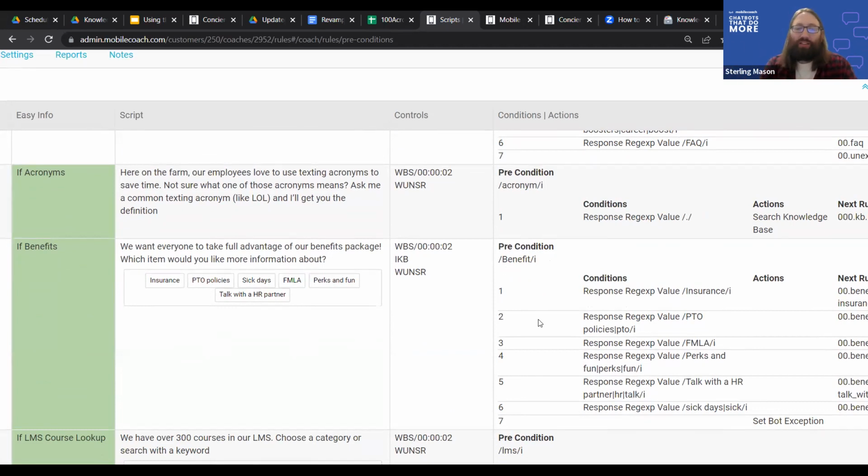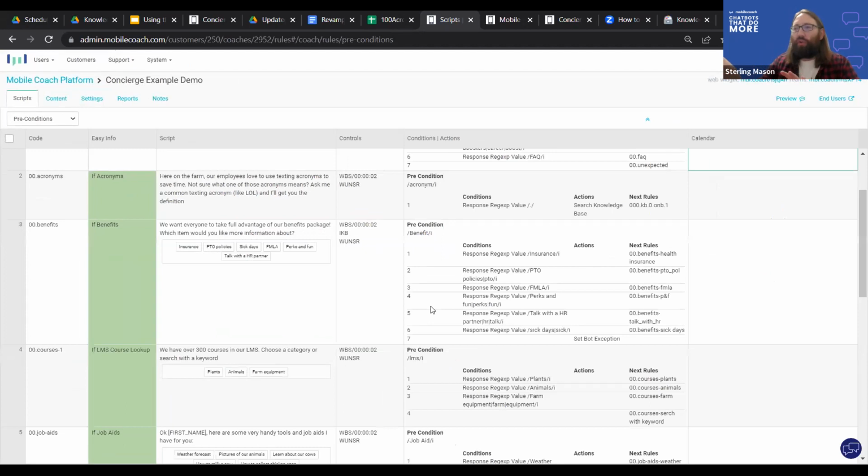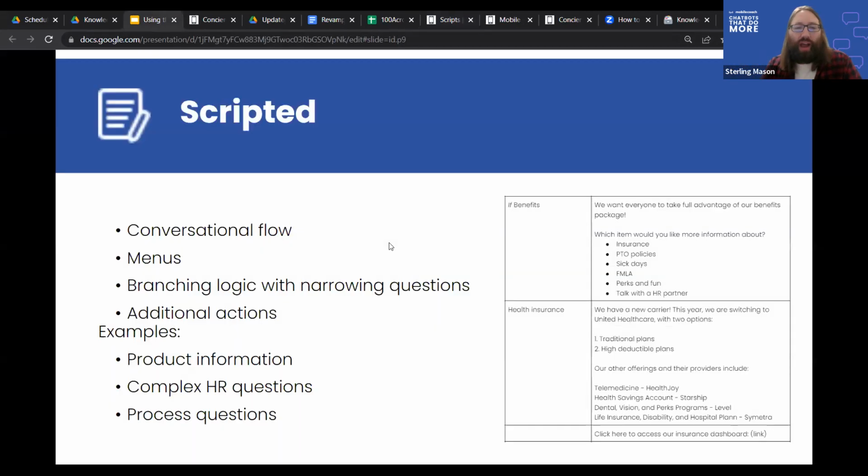So this is a way to take that script and plug it in here using our precondition feature. And the preconditions, let me emphasize, are really great because they let you build conversational elements into the knowledge base really straightforwardly. Because you can use all of the script and postcondition functionality that the Mobile Coach platform is known for, you can build whole branching pathways going down this route. So just a quick little peek here. Let's jump back over to our slides,